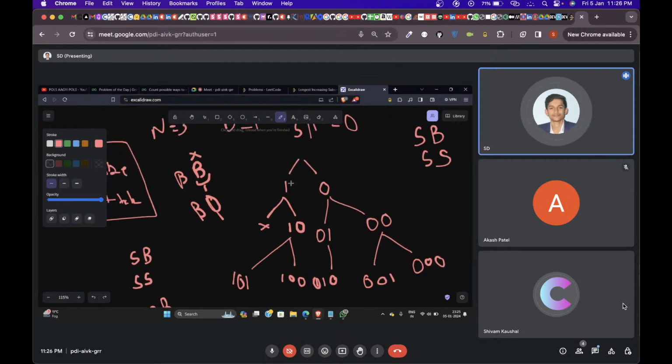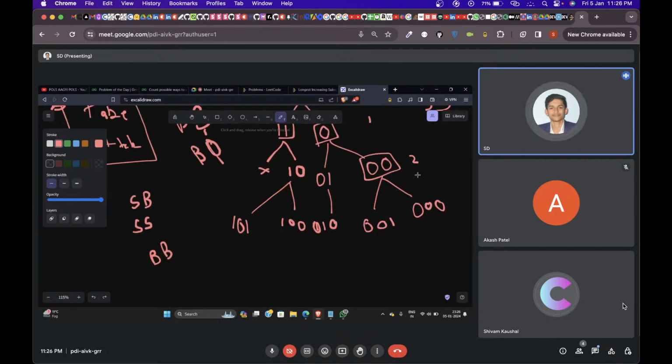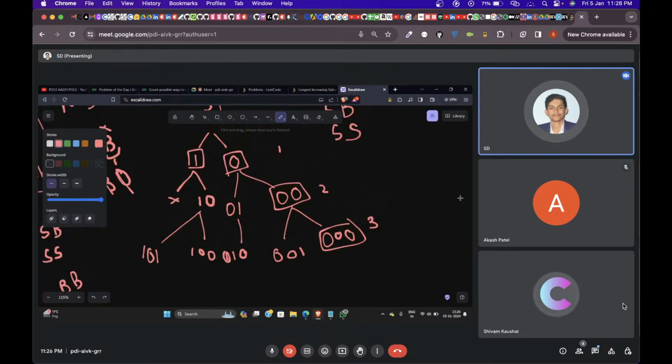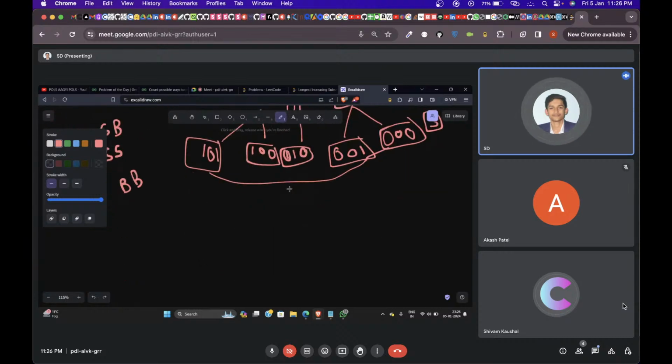Now, at that moment, the size of my whole structure in this case was 1. The size of my whole structure in this case was 2. The size of my whole structure in this case is 3. So once I make those recursion calls, I'm going to get this kind of structure. And once I reach the value of 3, that is what we want, I'm going to simply return the number of things that I am getting from my recursion call. And in this case, there are a total of 5. So I'm going to simply return this value. So it will be 5. And then the answer for us in this question would be 5 multiplied by 5,